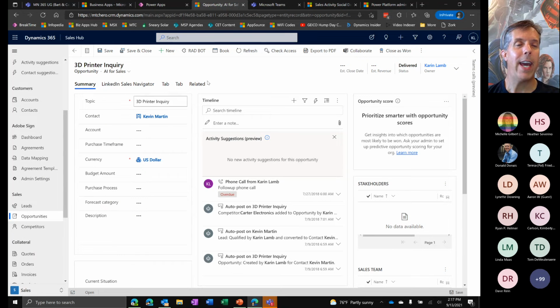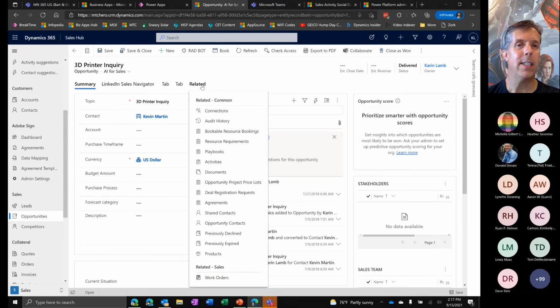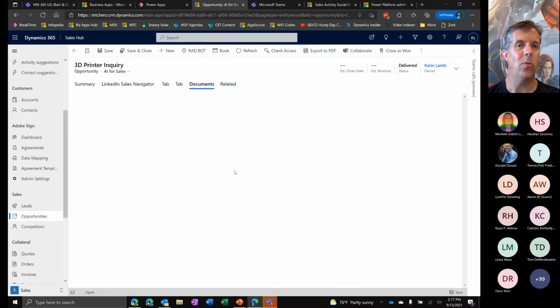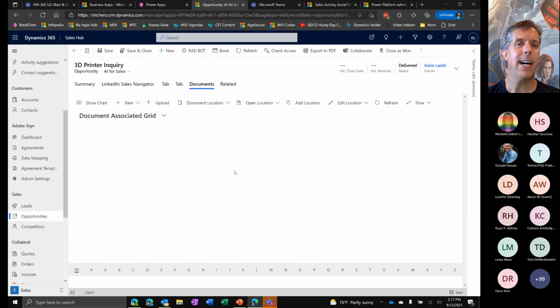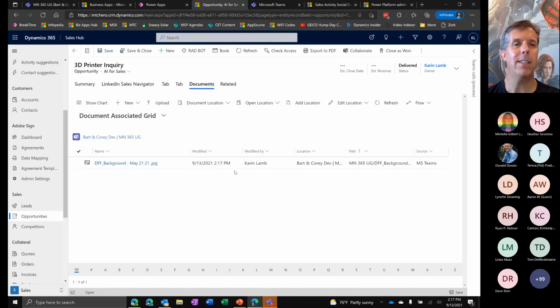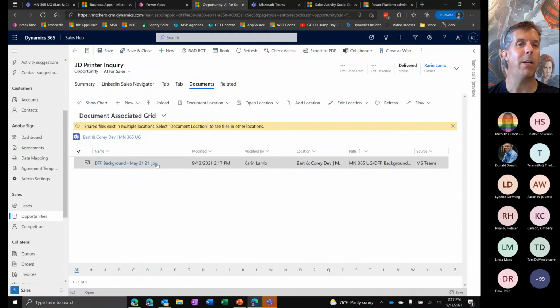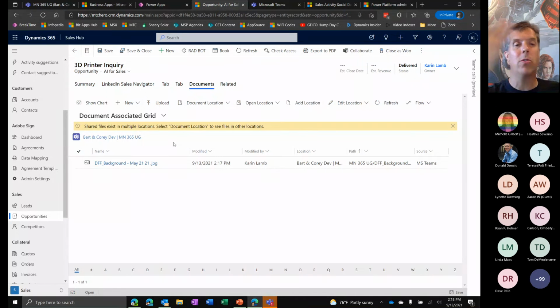And one of the things that we have in Dynamics is we can see related documents to this particular record. If I click into this, I can see documents from a few different areas, but it's going to default, because I connected this document to my team, to show me the team's repository as the primary location that it's showing stuff from. And that's that same JPEG file. So I can collaborate without leaving Dynamics on this side, and if I'm a Teams user, I can be right in the same Teams files repository.